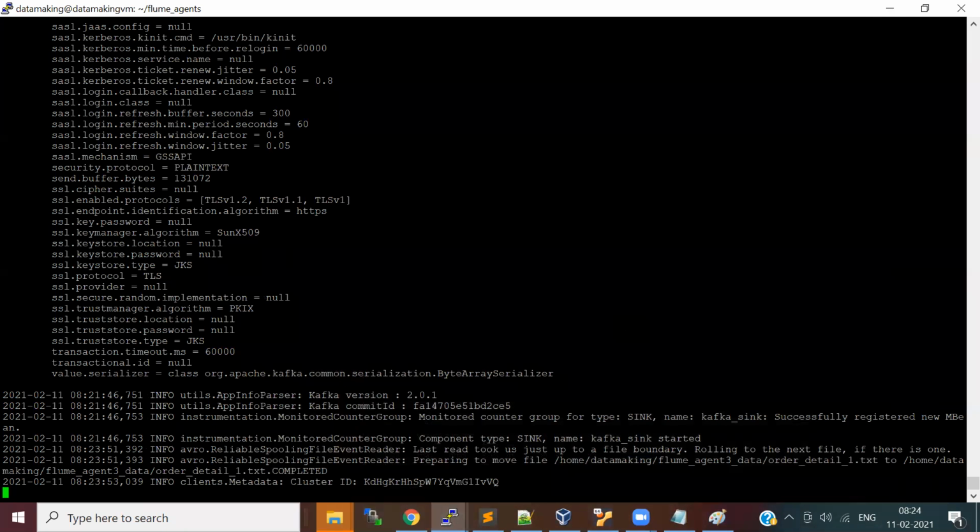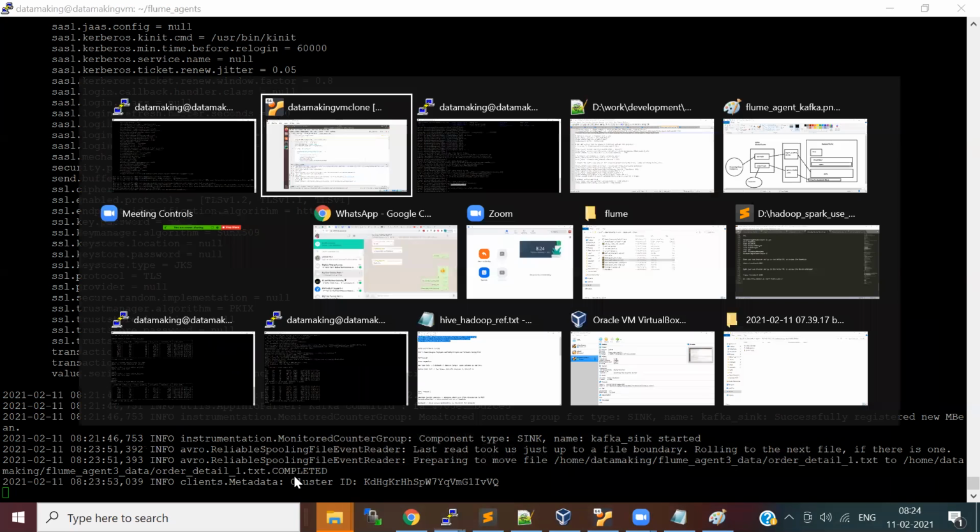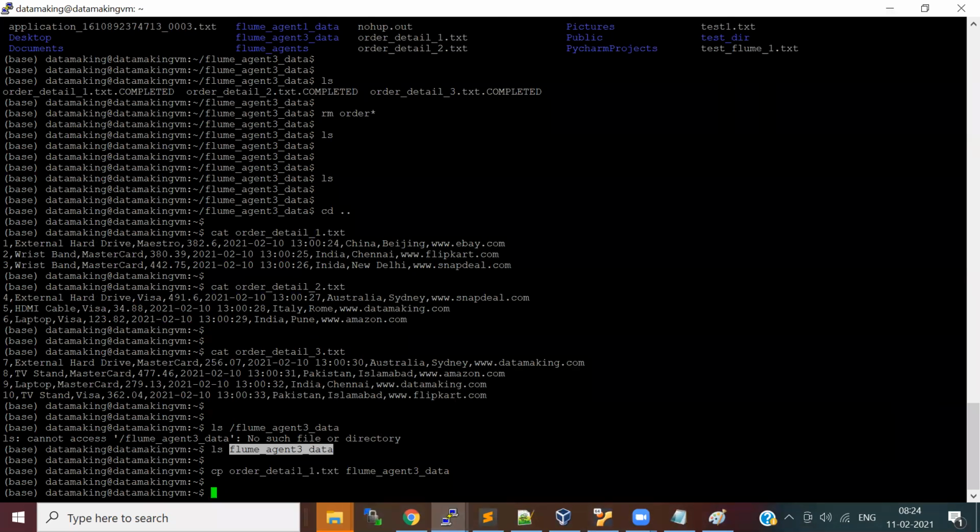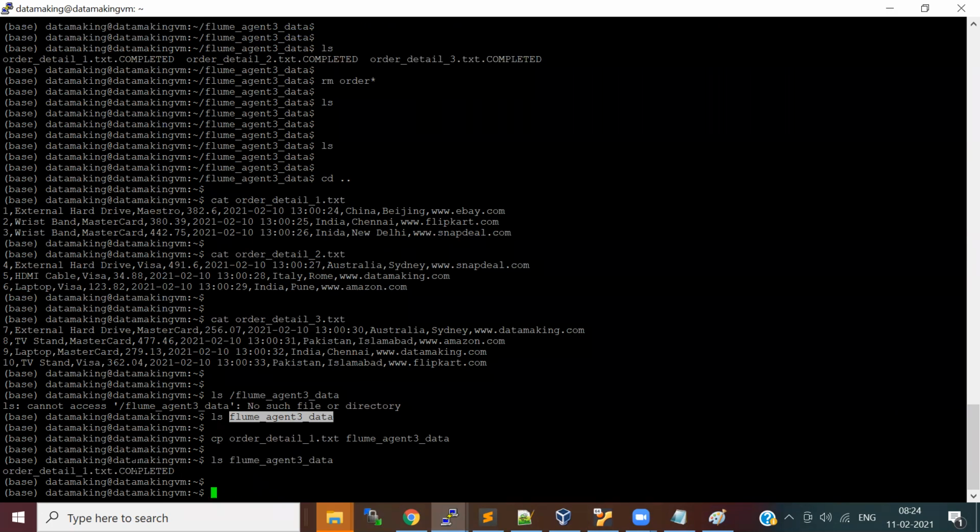You would have noticed in the directory where we placed the file, once it is read, it will mark that file as .completed so that it will not refer to it in future. See, it's marked as completed.